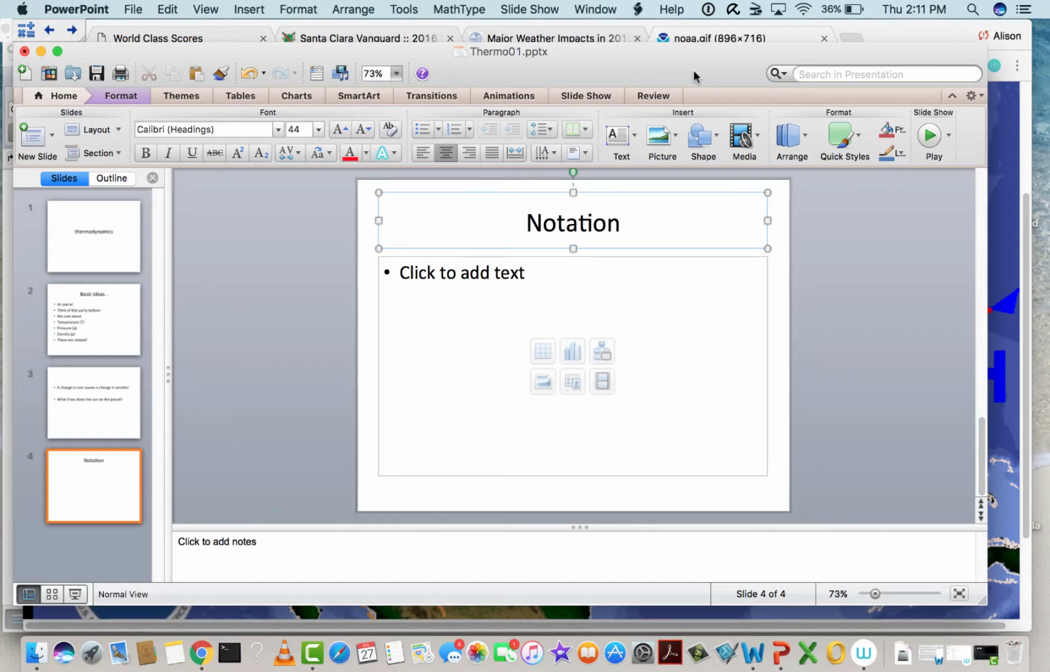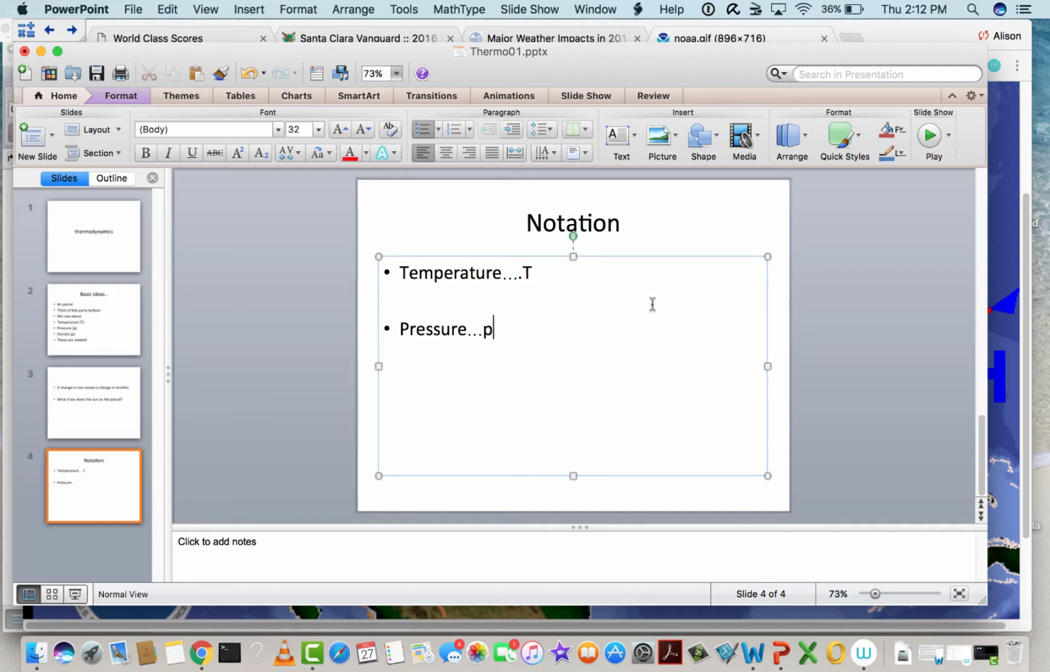Okay, one final thing, and that is the notation that we use for these quantities. So for temperature, we use the symbol capital T. Capital T always represents the temperature. For air pressure, we use the symbol little p, and oftentimes editors will try to capitalize that, but no, we use the symbol little p for air pressure. And finally, for density,